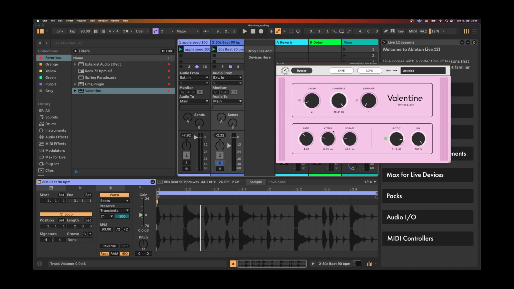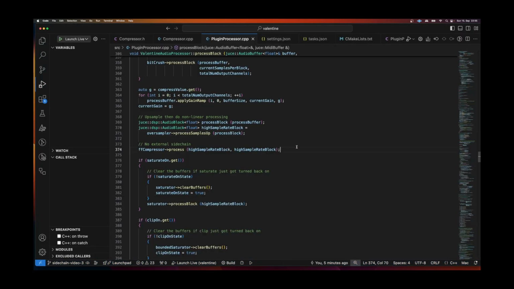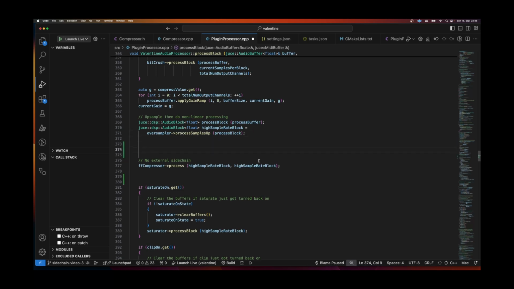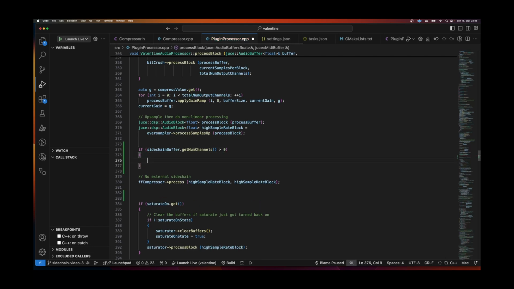It still works as intended. Great. Let's do the next step, and that is to change the sidechain depending on whether or not we have external sidechain input. We're actually going to have to do a few things, but let's do the basic vibe here. If sidechain buffer dot getNumChannels is greater than 0, we are going to